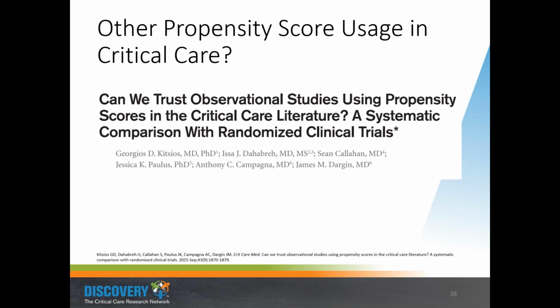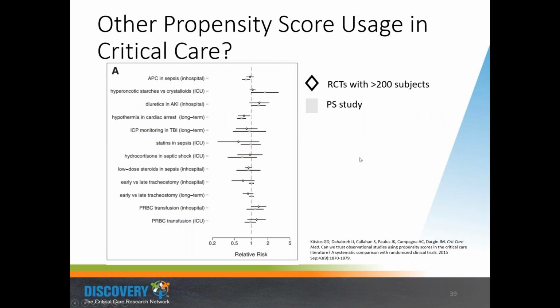So I'll highlight this study, which was published in Critical Care Medicine in 2015, in which they actually looked at propensity score analyses compared to RCTs in some specific domains. Here they outline RCTs which included at least 200 subjects, compared to the results from a corresponding propensity score study: activated protein C in sepsis,